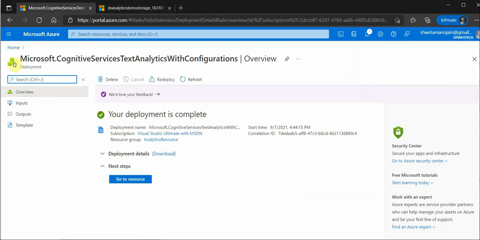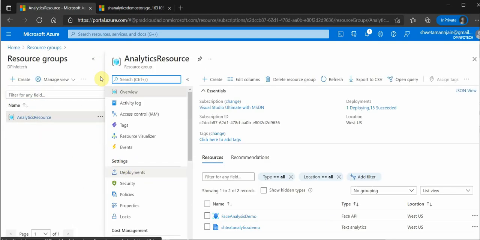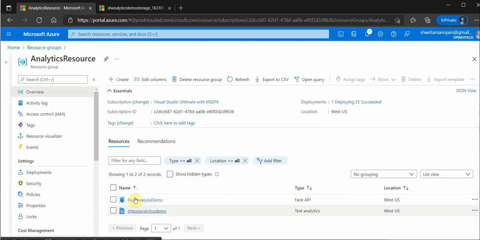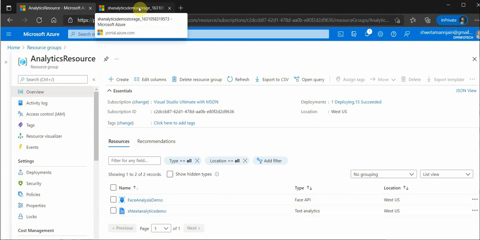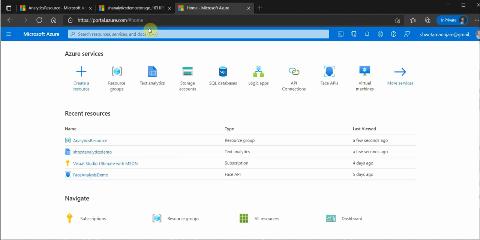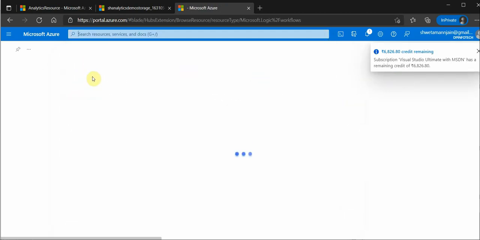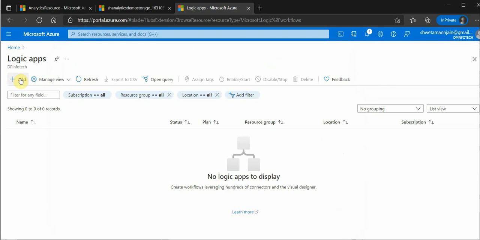Okay, so the text analytics resource is created. So let's go to the resource group and quickly verify it. Okay, so it is here and we need to wait for the storage to get created. Meanwhile, one more thing which we need to perform this entire thing is that we are going to use Logic Apps here. So next I will go ahead and create an instance of Logic Apps. So I will search here for Logic Apps, click on add,